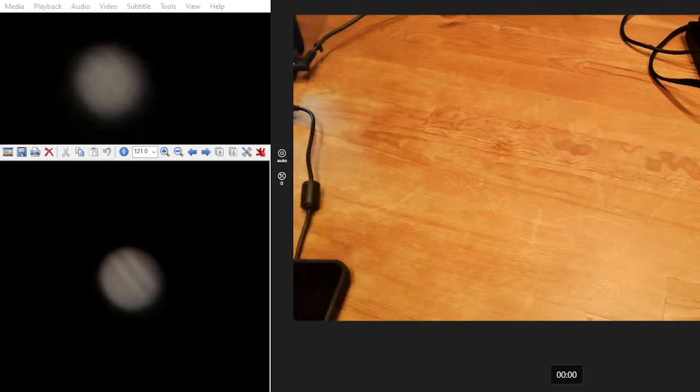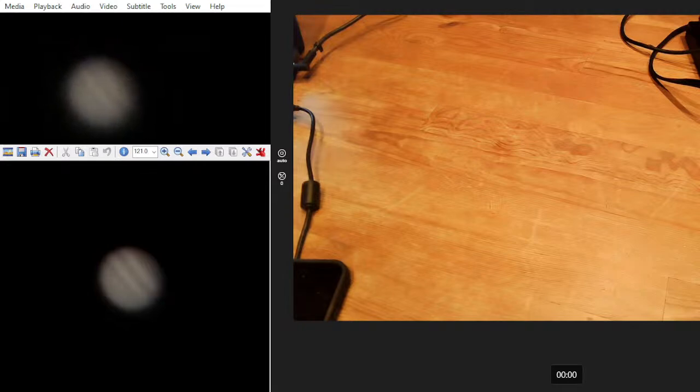First, I'll show you the, you see in the upper left corner is the video of Jupiter from last night. That was pretty bad. And I'm going to play it for a little bit so you can see it moved around as I was messing with the controls and bumping the scope and stuff, but it's quite,